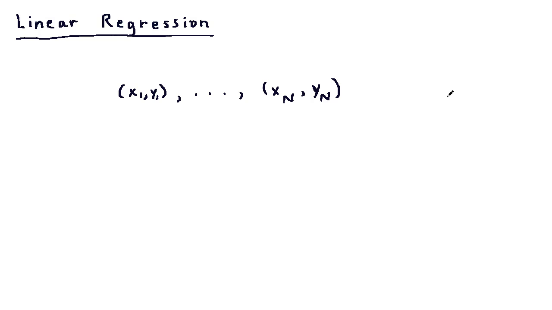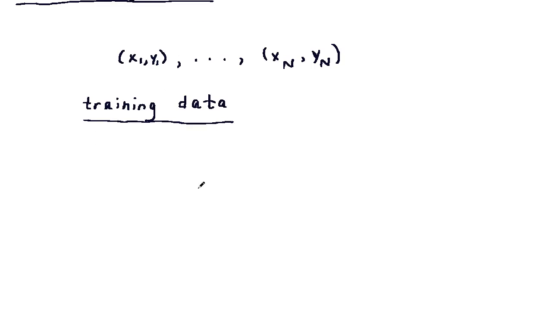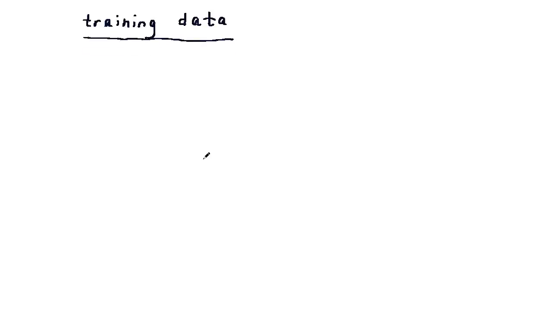Suppose we have a set of data, x1, y1 through xn, yn. This is called the training data. Okay, now each xi here, each xi